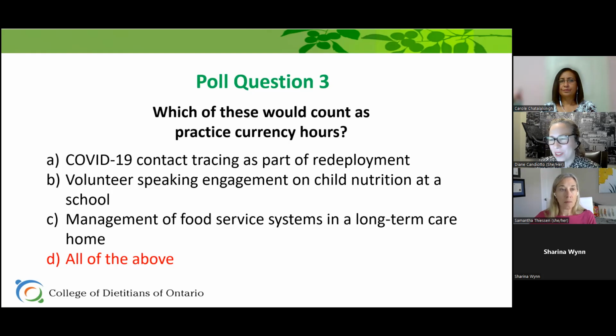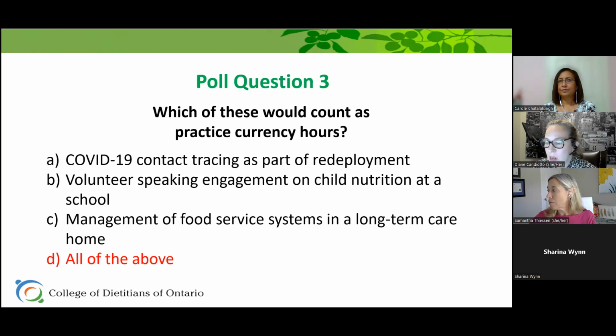For B, if we think of the first category, the definition of practicing, although this is unpaid, it still counts: providing nutrition education to teachers, applying one's food and nutrition knowledge, using the dietitian title in this example. C, managing food services. We can see the first category would apply the definition of practicing, the management of food